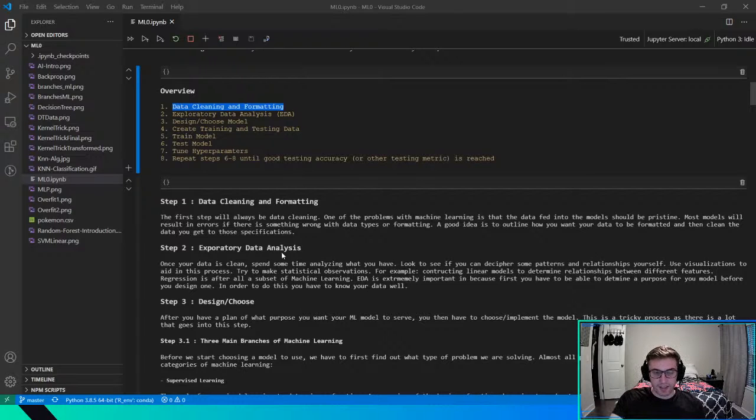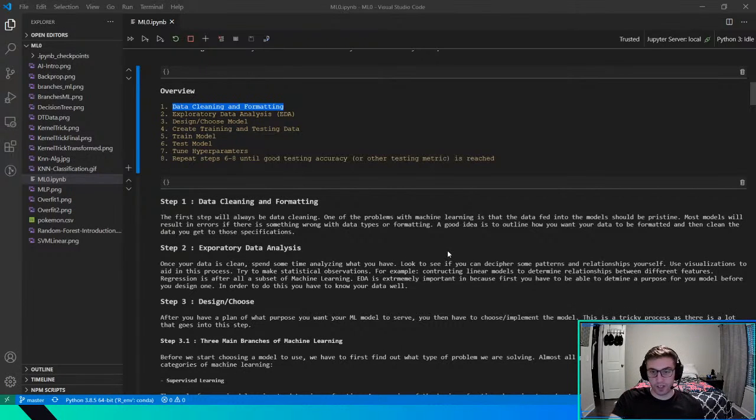The next thing is exploratory data analysis, also known as EDA. You have your data, but you can't just plug it into your machine learning algorithms immediately. You need to understand what's going on here, to help you later decide what machine learning algorithm or model you want to use. For example, you can use visualizations to see relationships between two variables, or correlation plots or box plots, or all those types of analyses.